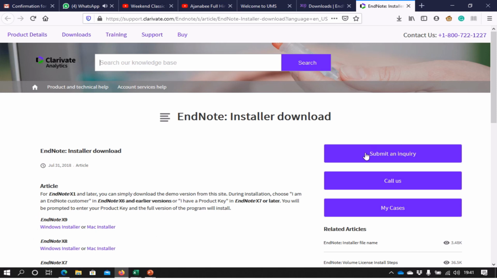When you submit, it is going to ask you for your credentials, meaning on which mail you want the reply for the same, or you can download it from this part. When you click on this, it is directly going to download.